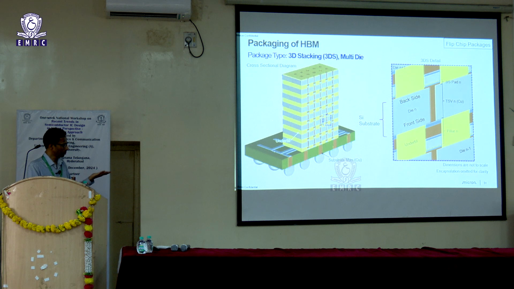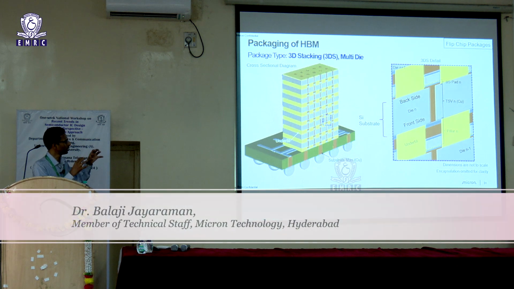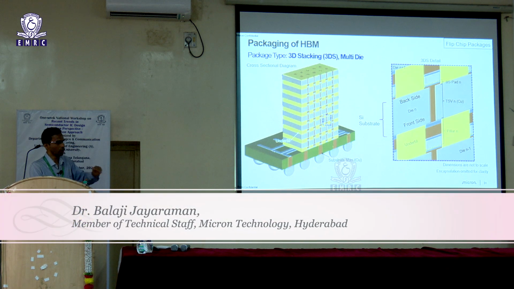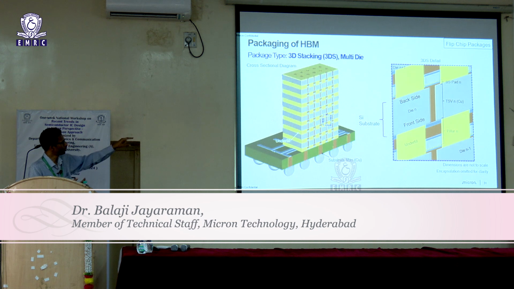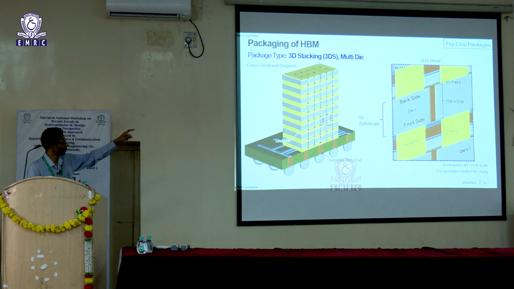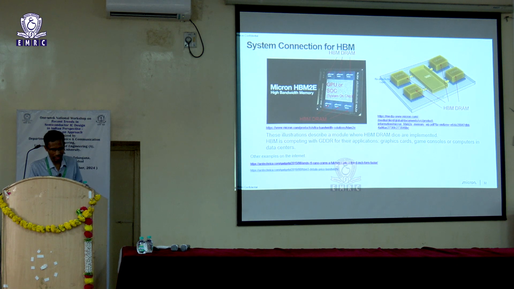So you have a chip and you just flip it and paste it to the substrate and then start constructing it that way. So your front side, or your topmost metallization, would be the one which is sitting on your substrate. And then you have your through silicon via, which is your copper there, connecting from the bottom die to the top, and then it goes on to the next one. And this is an HBM system.